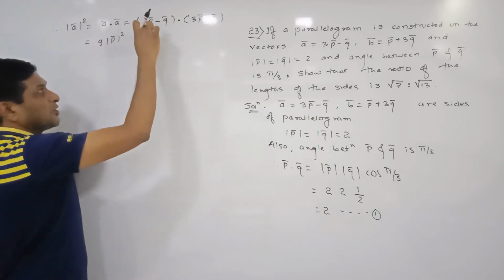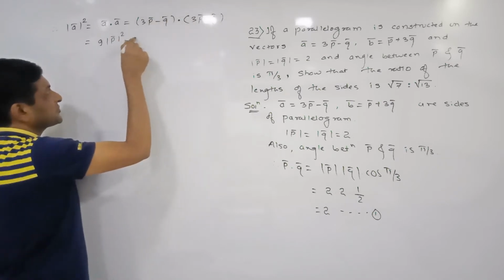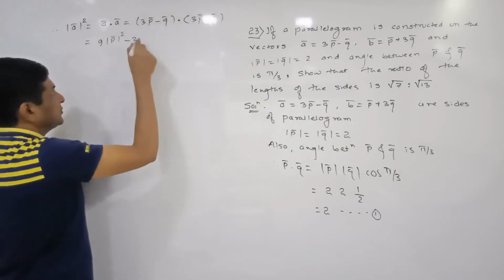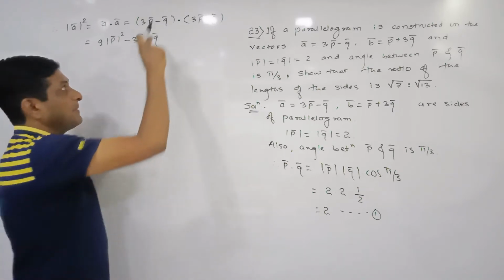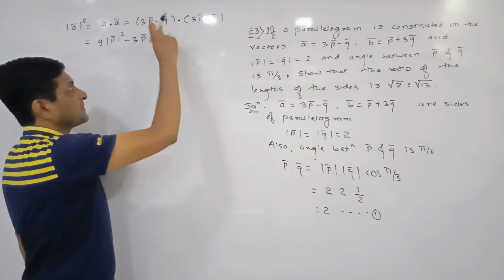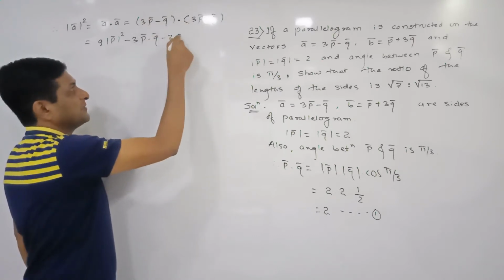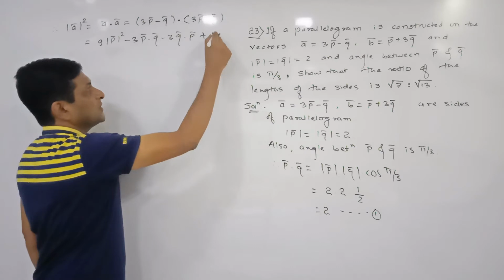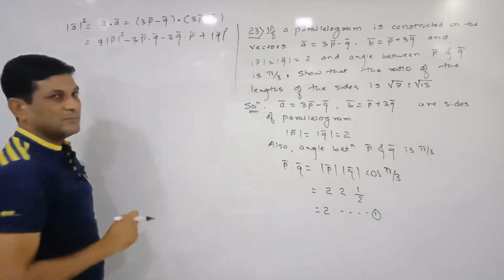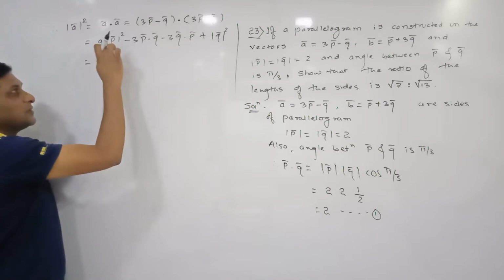Now we are taking the dot product of this first term with this second term. 3 into minus 1 is minus 3, and p bar dot q bar. So here we will get p bar dot q bar. Now take the dot product of minus q bar with both terms in this bracket. Minus into plus 3 will be minus 3, and here we will get q bar dot p bar. Again minus into minus is plus, and q bar dot q bar is equal to the square of the magnitude of q bar.